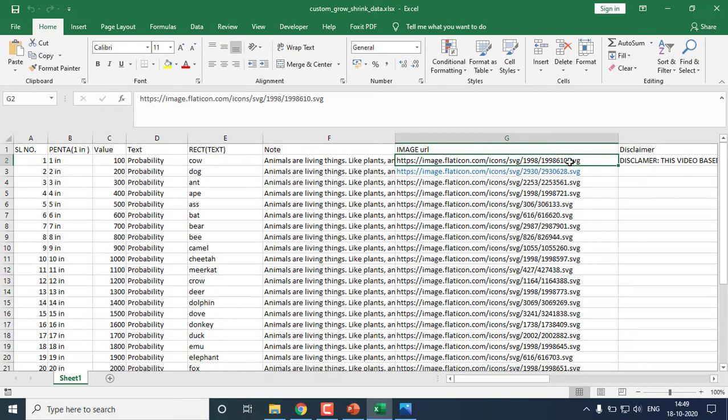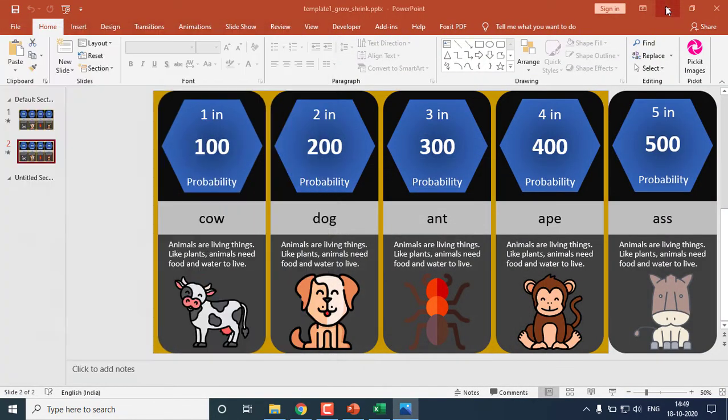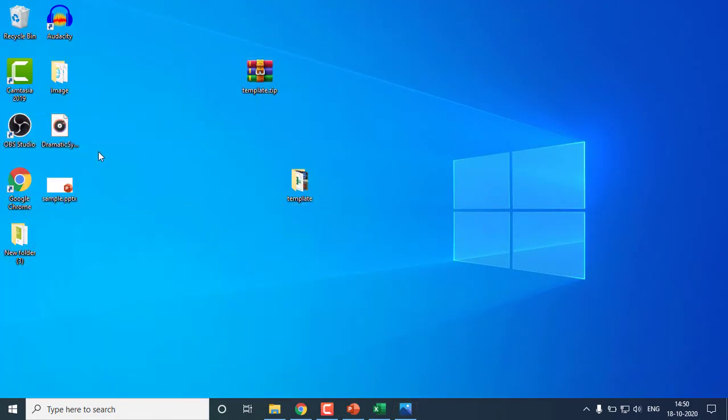You can use it, but it works well in the 2019 version of PowerPoint. In 2013 it's not working. Or you can use a local URL. So keep your file on your desktop, as I show you. Keep your file in the image folder.